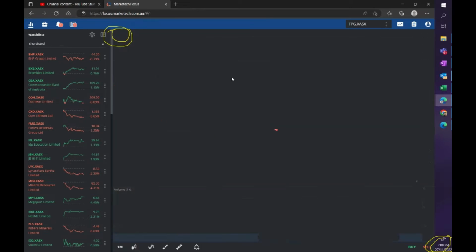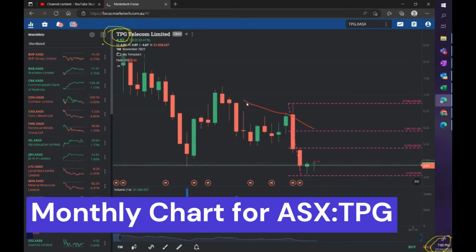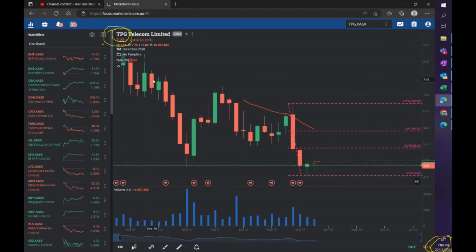So, first of all, what I'll do is let's start with looking at the monthly chart for TPG, and what we see in the chart here is that